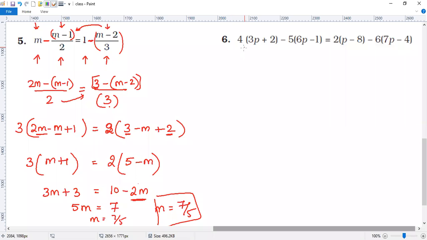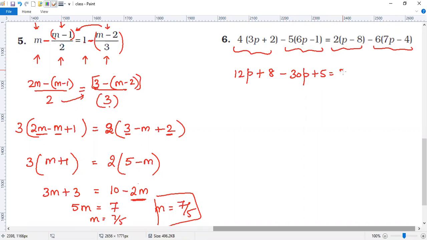Correct? Answer is 7 by 5 for this question. Right. Your sixth question. So here we have some p terms. How many terms do we have in whole? A term 4 times, a term 5 times, a term 2 times, a term 6 times. First of all, in all the terms where you have p in it, what can we do? We can start multiplying and regrouping. So 4 3 times is 12, so 12p plus 4 2 times 8 minus 5 6 times 30p minus 5 into plus 1 will be plus 5